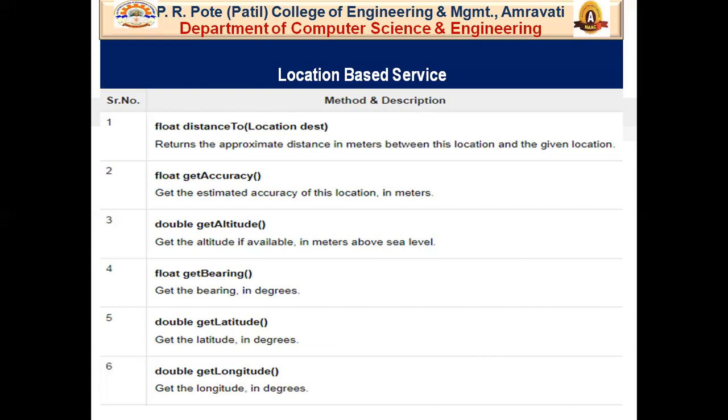After that, double getAltitude. Now here float, int, double are the data types given as a prefix to this method. So the double getAltitude method gets the altitude if available, that means it gives the height above sea level in meters.